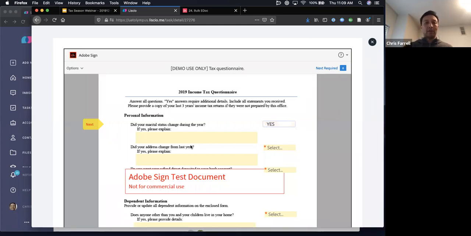Marital status changed, or did your address change? Yes, right? Just put some emphasis on that. If it's a no, make it a little bit smaller. Maybe use lowercase. If did your marital, I am happy to report that we got married